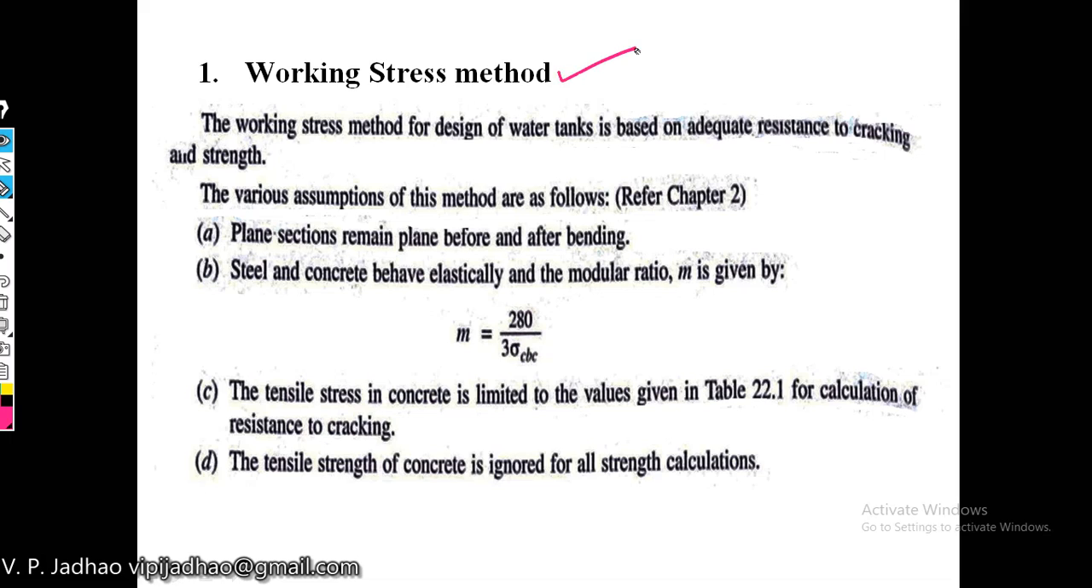These are already covered in your RCC. The first assumption is that a plane section before bending remains plane after bending. The second assumption is that steel and concrete behave elastically, and the modular ratio m is given by this equation: m is equal to 280 divided by 3 sigma cbc. The third assumption is that the tensile stresses in concrete are limited to the values given in